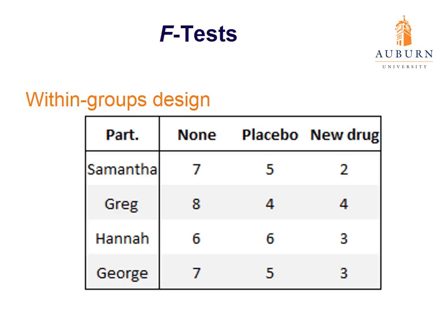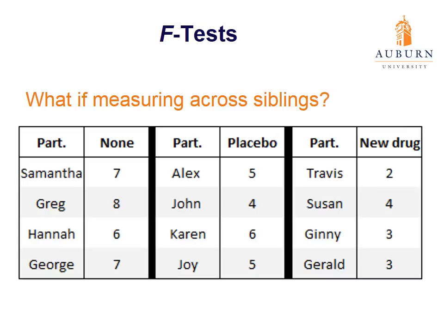And so Samantha is being measured 3 times, once for every level of the independent variable. But what if our level of observations wasn't necessarily individuals, maybe it was groups? And so here we may have siblings in a family. So we have brothers and sisters in a family, and we may want to measure the effectiveness of our drug